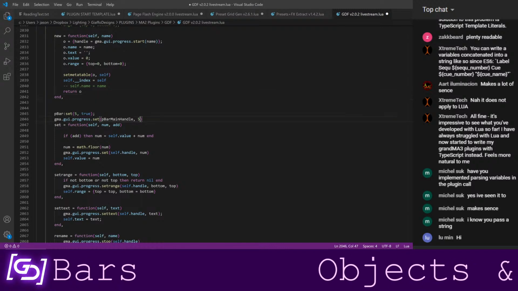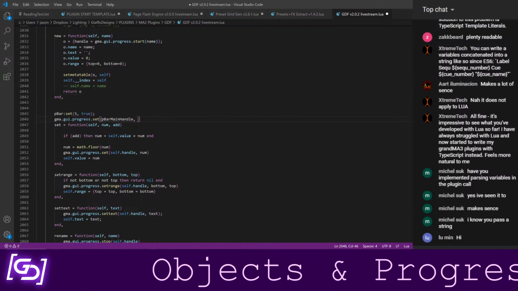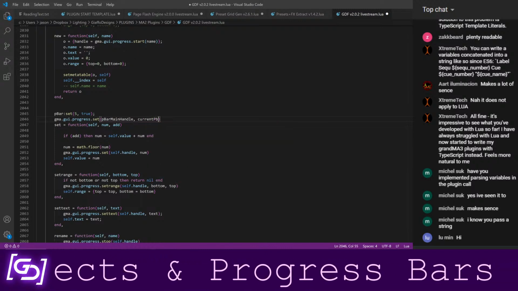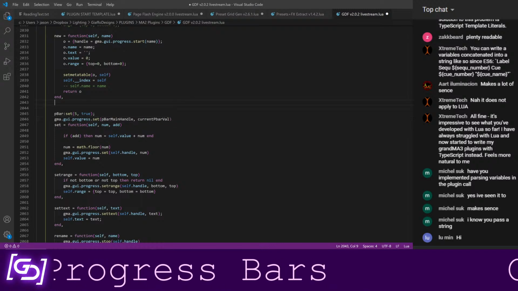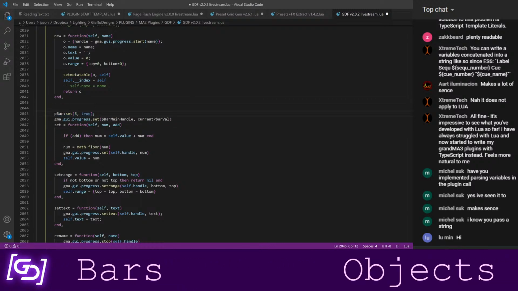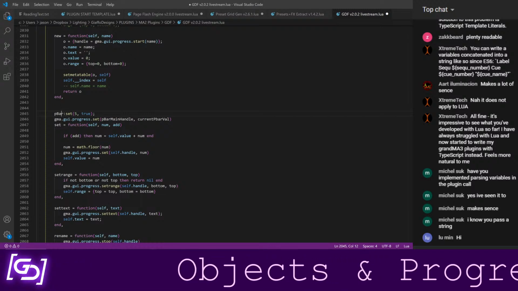that would have become, we're going to set it to, I don't know, current p bar val, which is a separate variable we would be keeping track of. Whereas if we just call this, it'll automatically keep track of, okay, our current value is already here. We're going to step that up by 1 and assign that as the new value.